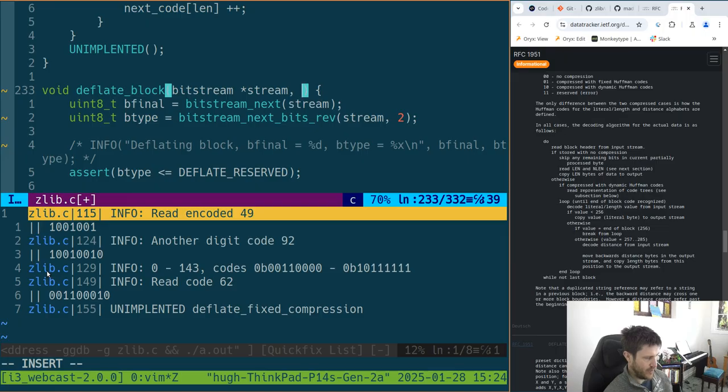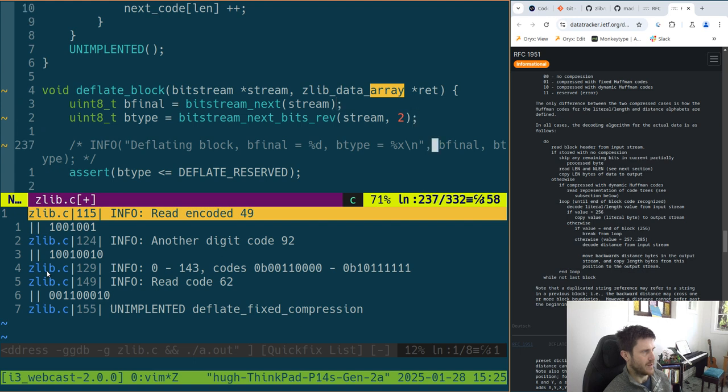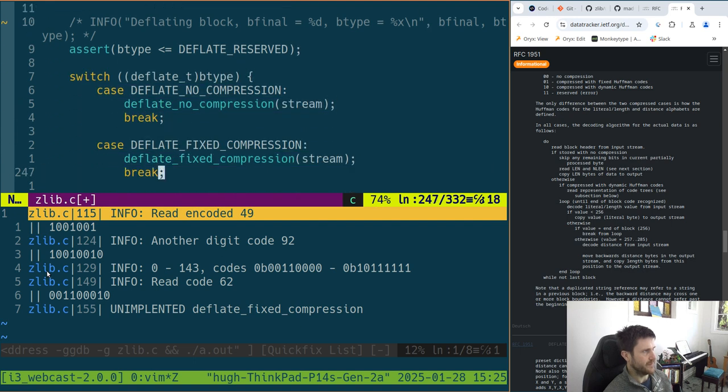So what was it called? It was like a Z data array, and this is our ret. And this we can kind of pass in our ret, and so